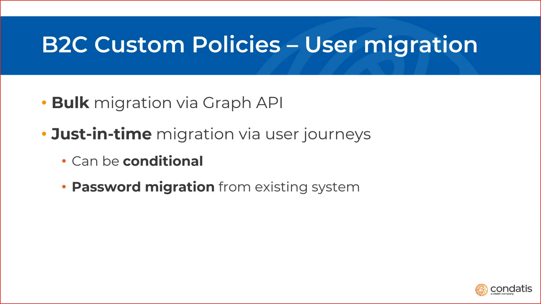If there's a way to verify the password on the old system, so for example, if it supports OpenID Connect's RPC calls, then B2C's already captured the password from the user input, it verifies it with the API call, and then saves that to the directory if the verification passes. So all of that ends up being transparent to the user. Or if you prefer, you can automatically enforce a password reset if there's no way to migrate the password. So when the user tries to sign in for the first time, the profile's already there, but they're forced down a password reset journey rather than being prompted to enter their password.